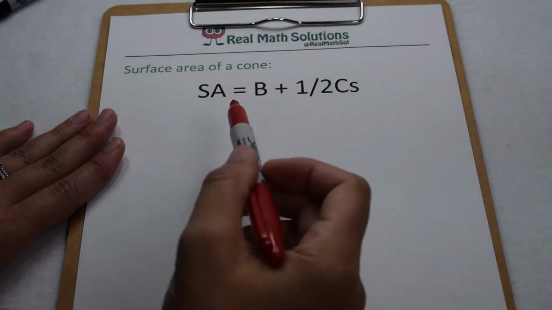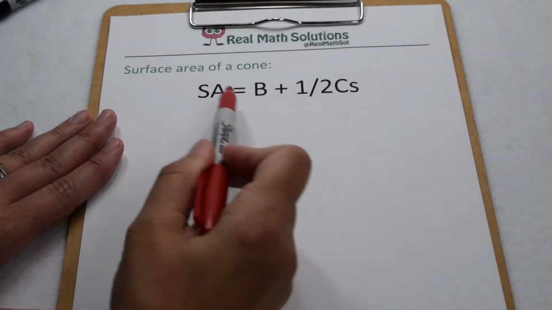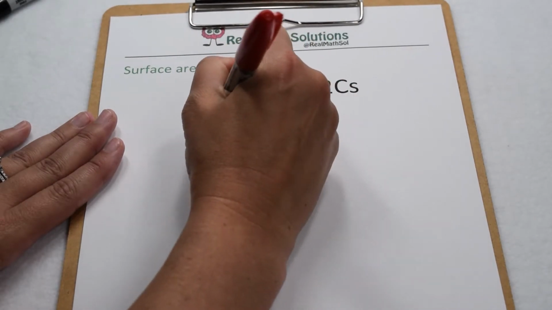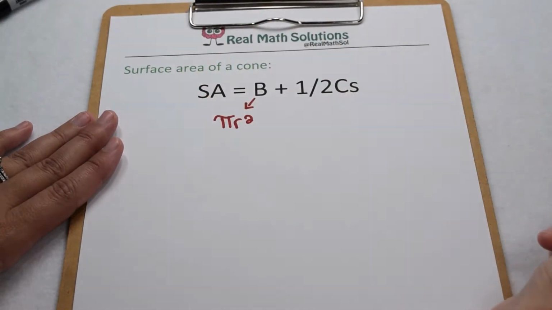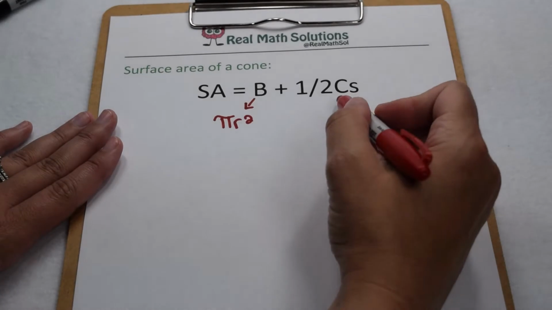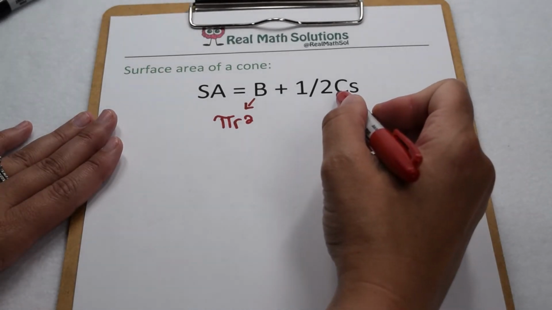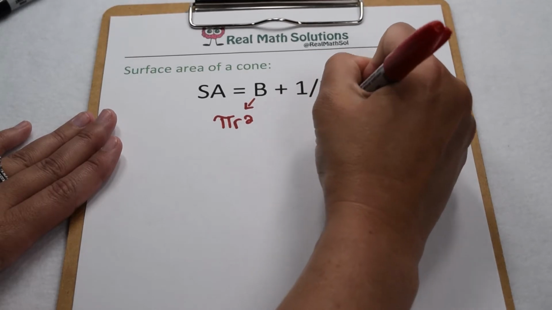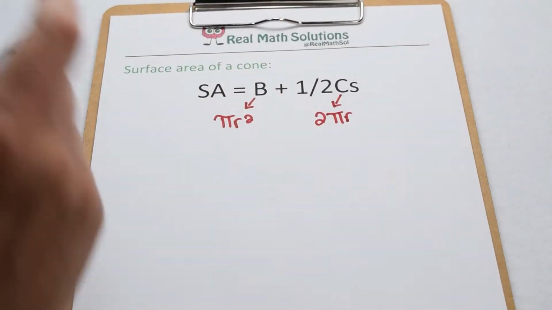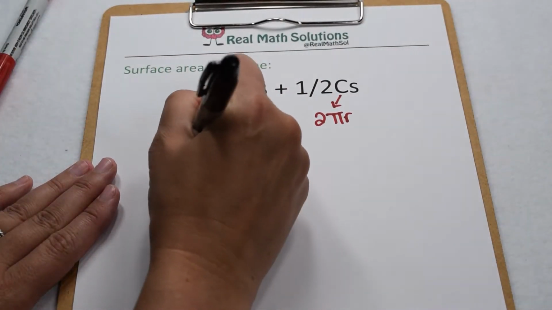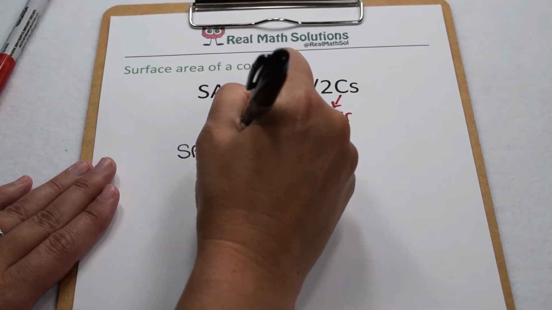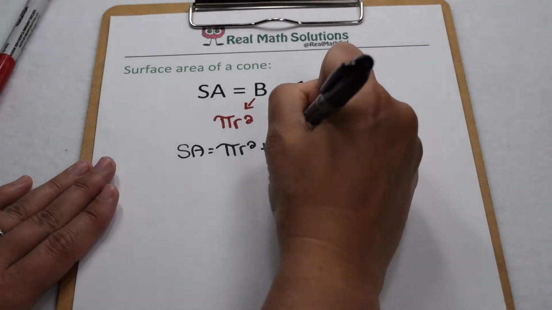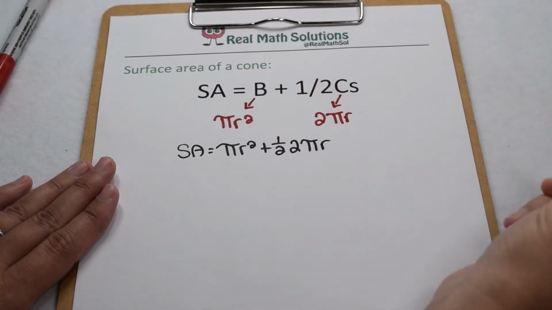As we work to make our equation more specific for surface area of a cone, let's start with area of a base. On our cone, the base is a circle. That means we find its area by doing pi times radius squared. And then on the lateral face, it goes around it to form a circumference instead of a perimeter. One way to find circumference is by doing 2 times pi times radius. That means our surface area equation so far would be pi times radius squared plus 1/2 times 2 pi r